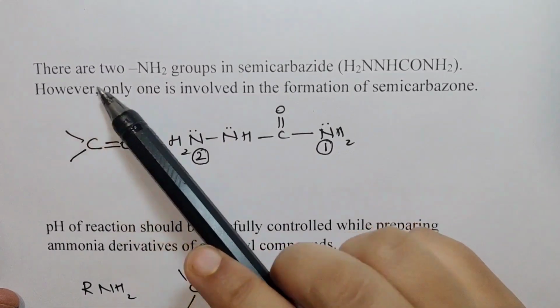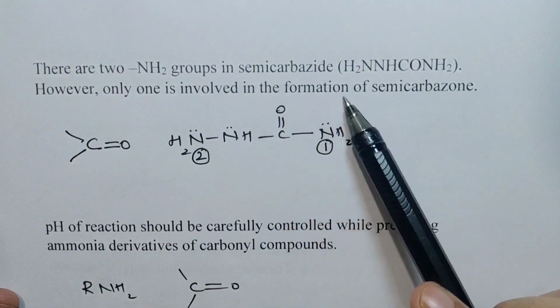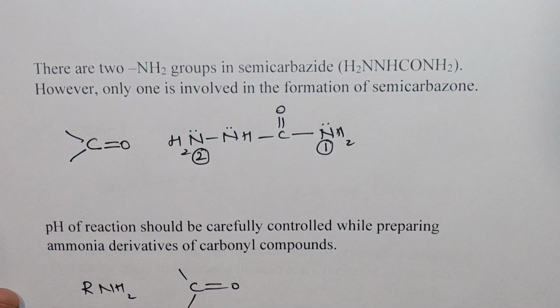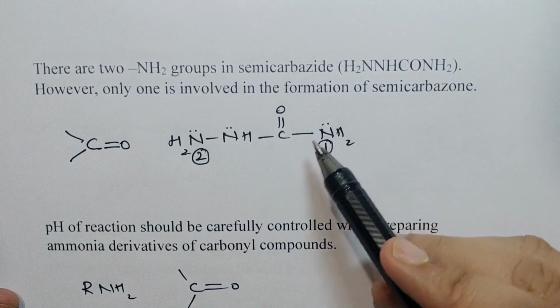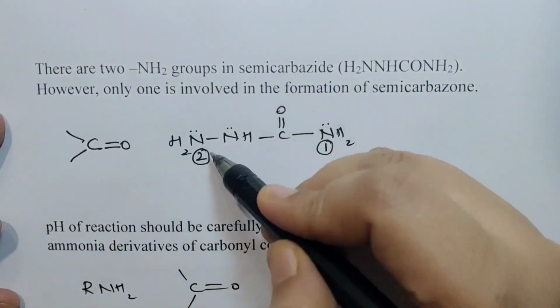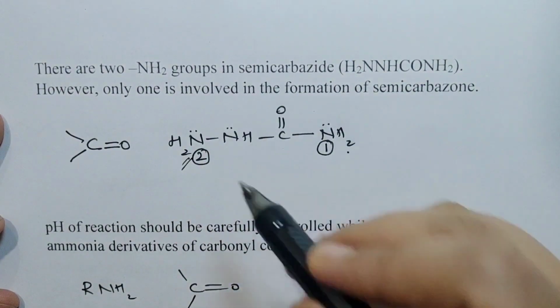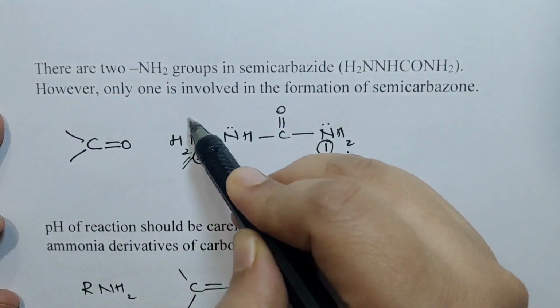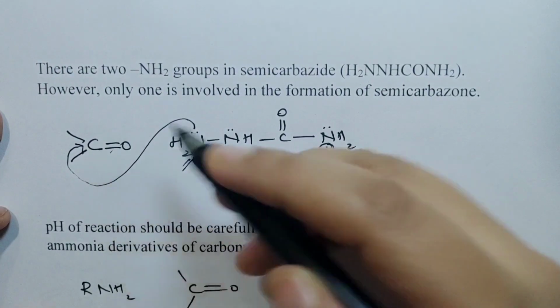Next question. There are two NH2 groups in semicarbazide. However, only one is involved in the formation of semicarbazone. So this is the semicarbazide and there are two NH2 groups. Which one will form semicarbazone with the carbonyl carbon? This one. Why not this one? Because for the formation of semicarbazone, the lone pair here should be able to attack the carbonyl carbon, right? But